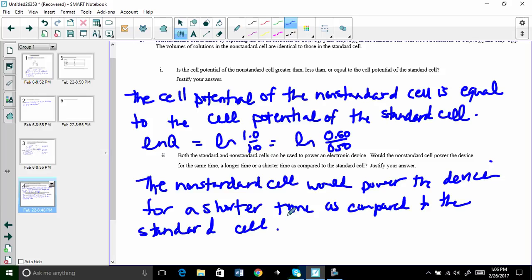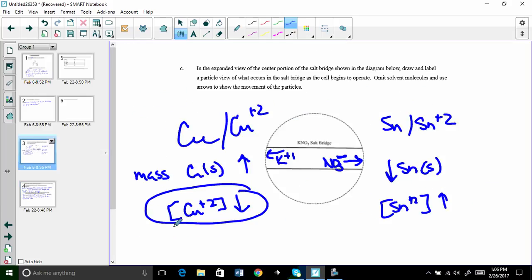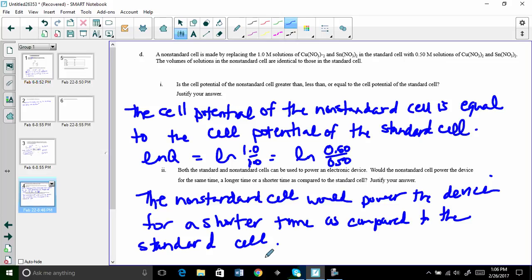And the reason for that is, if we go back to this slide, eventually this is going to drop to 0. What stops the battery operating is that eventually this goes to 0, and then everything stops. And so what happens is, to understand this question right here,